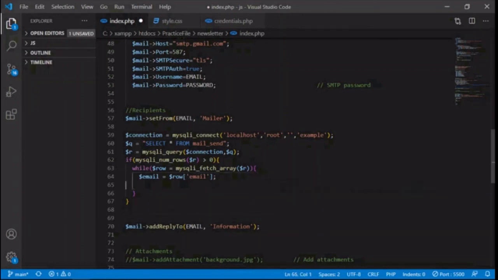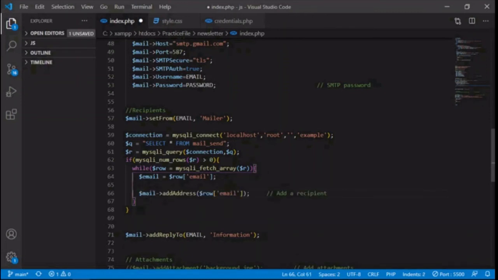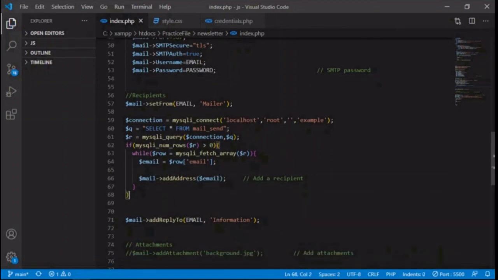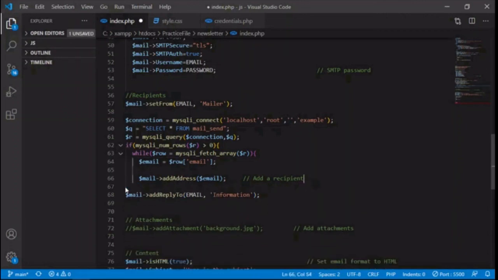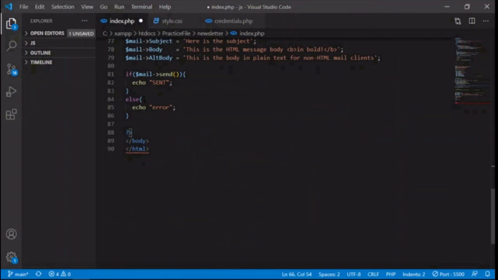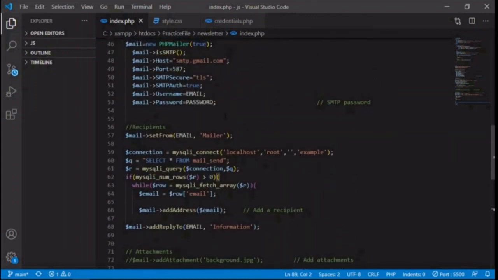Cut here and paste here, and we have this variable email. And remove these two braces and paste it in last, save it.